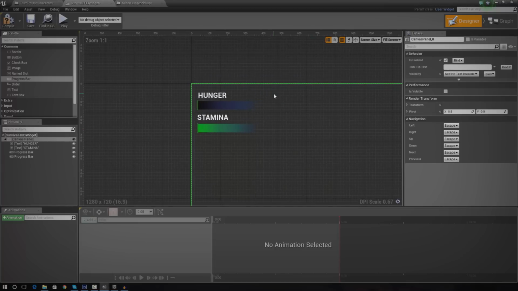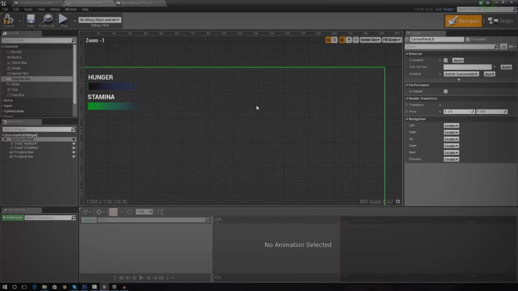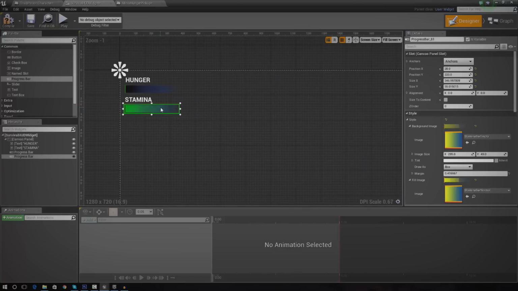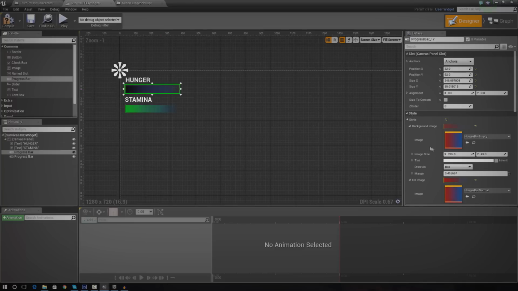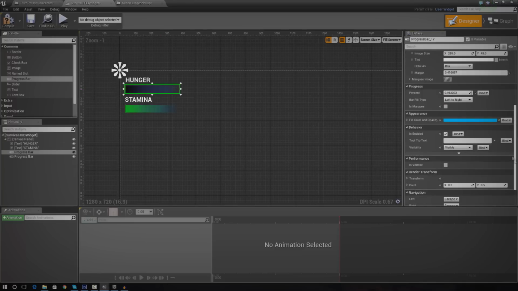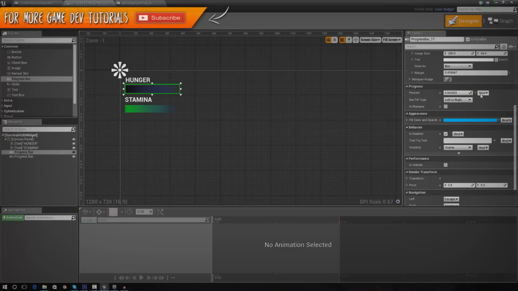Anyway, so we've got pretty much the looks of our heads-up display. The colors are a little bit distorted, but we can actually go over that a little bit later on. But I'm going to wrap this video up here for now, and we're actually going to be working on the functionality in the next video. So what I'm going to show you how to do is pretty much bind the progress to the value for your hunger system. It's quite simple,